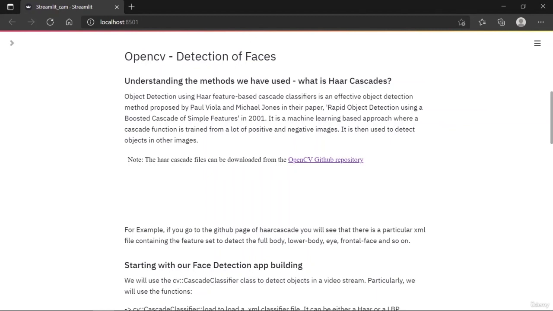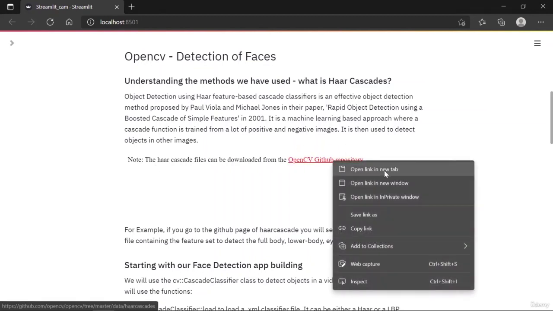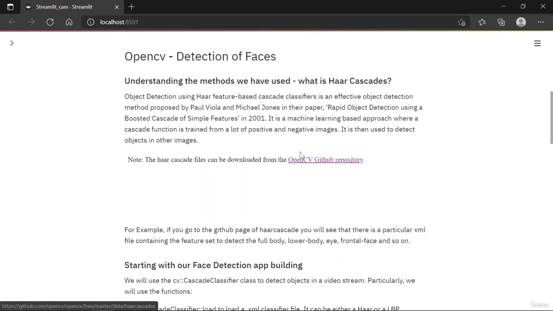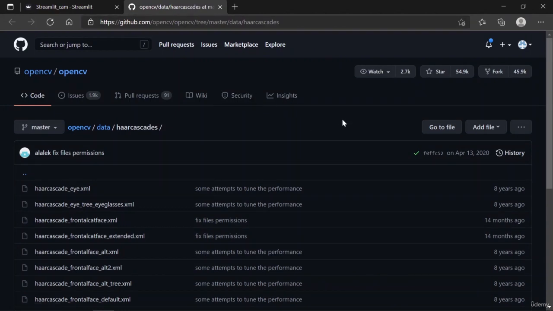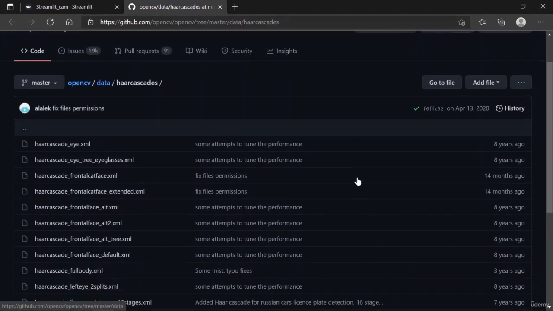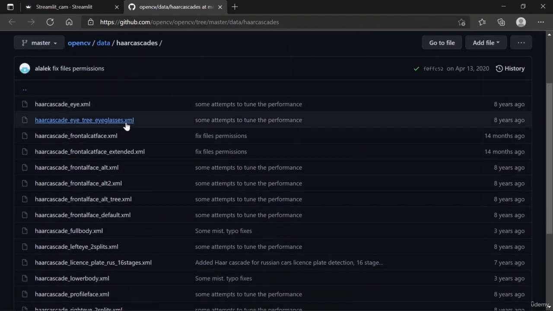Now, you can see that I have again injected some HTML code inside my Streamlit, so it shows on the interface, and if you go to this link, you can see that this is an OpenCV repo where you can see a lot of XML files.